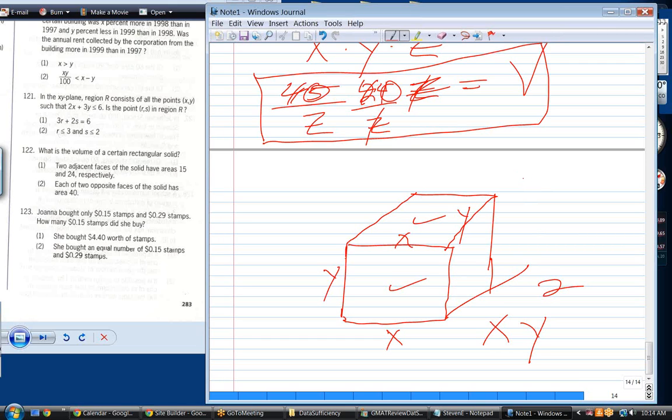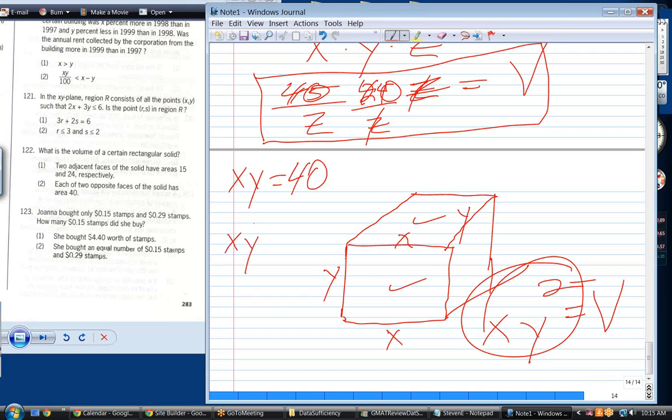So two of these equals, this is the total volume of the area. X times y squared. We might be able to solve it with just this 2 alone. Let me think for a moment. If x times y equals 40, and xy squared is our volume,